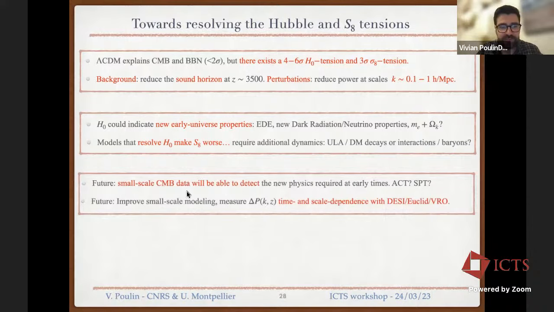In the future, we will have very high accuracy CMB data at small scales from the Simons Observatory, or even just from the next data release of ACT and SPT, that should be able to measure any deviation from standard ΛCDM at redshift of 3500. So we will have a definitive answer as to whether something happened at this redshift. And of course, we will also have better measurement of the sigma-8 tension, if you wish, with DESI, with Euclid, with the Vera Rubin Observatory. So everything should be settled really in the next few years.